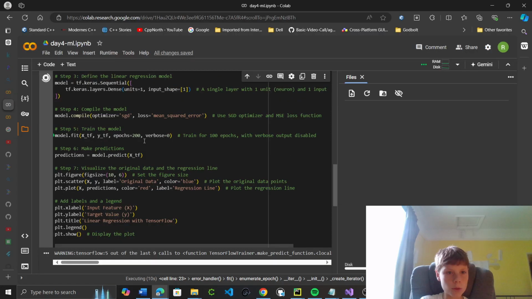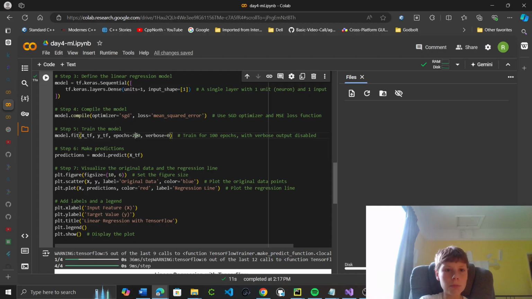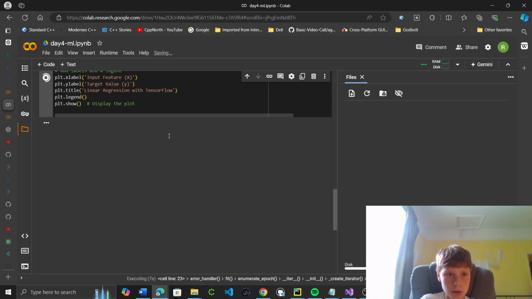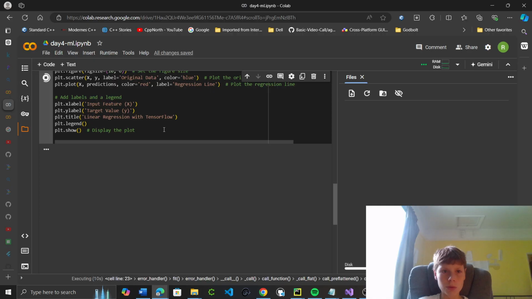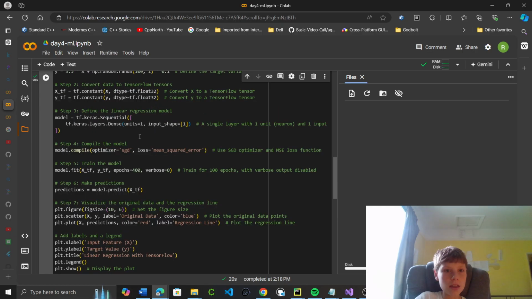It'll fit. As you can see, the more epochs we have here, the better the line is getting, because we're having more iterations. And are we passing any specific bias here? Verbose 0. Okay, so verbose, I think, just means it doesn't print out all the steps it's doing. And this with 400, which is quadruple the amount we had originally. Yeah, it's still not exact, but if I increase this now to 800,